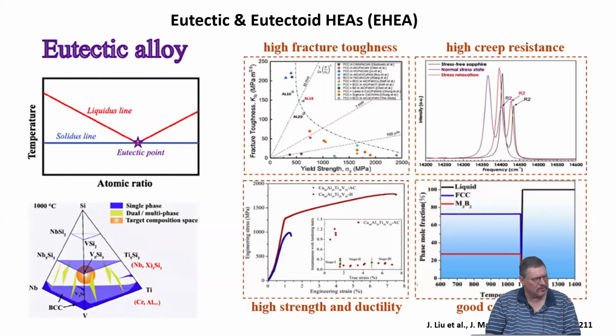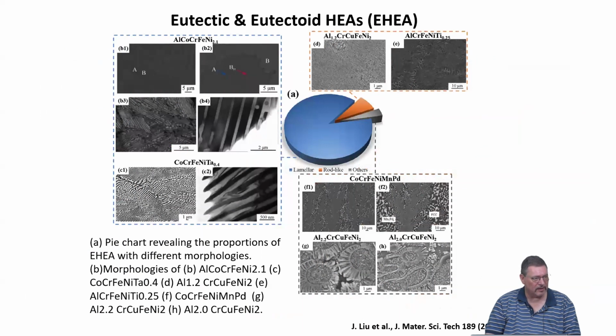Which microstructures do you know in eutectic systems to form? Yes, you can have rod-like, you can have lamellar, you can also have dendritic, and all of this is basically what you also get in eutectic high entropy alloys. Depends again on how you design the system in terms of composition and how you design the process going from liquid to solid and doing or not doing post-processing treatment.